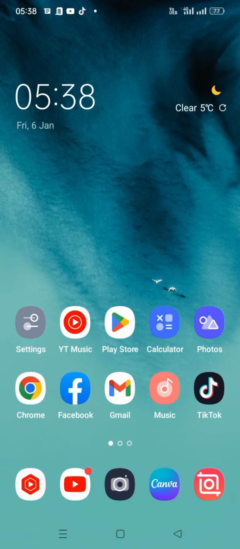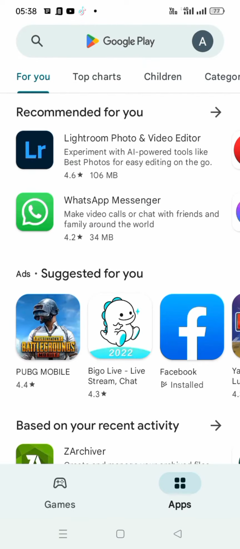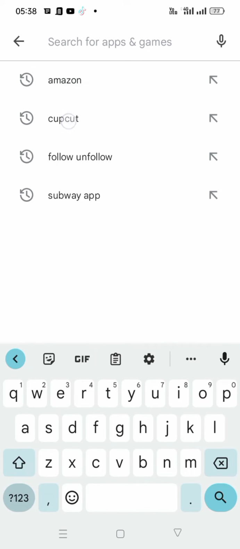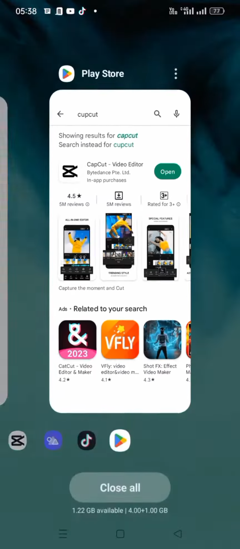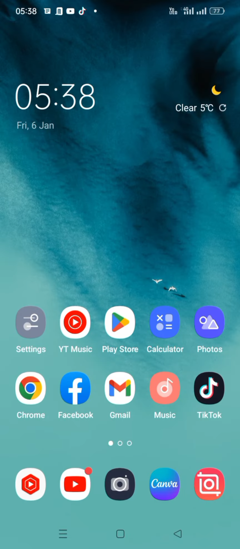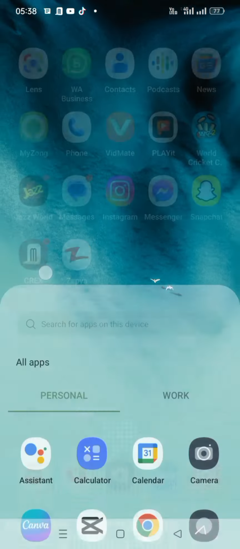First of all, open your Play Store or App Store and search for CapCut and tap on install. I have already installed it. After installing the app, go back to your home screen and open your CapCut app,